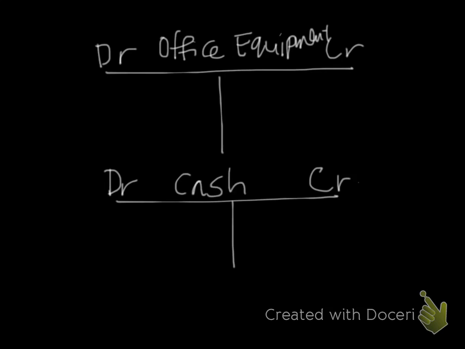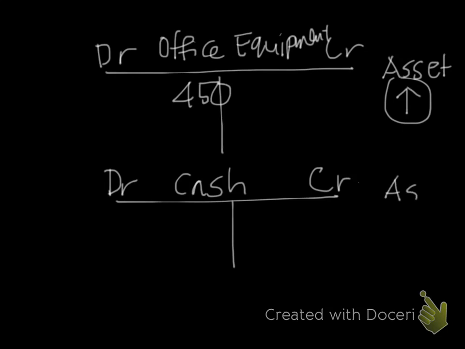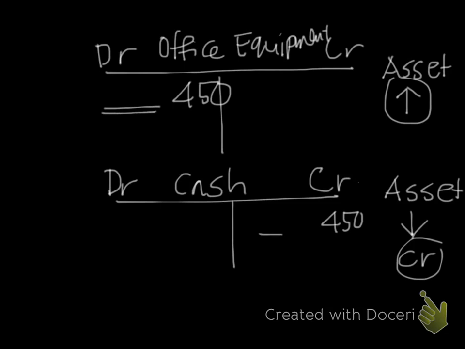Since we already identified the office equipment is one of the asset account which is increasing in asset account, record in the debit side, which is we record 450 in the debit side, and decreasing of asset account which is the cash account record in the credit side, so that we record cash in the credit side 450. So the description that we need to record is we bought an office equipment from a cash,